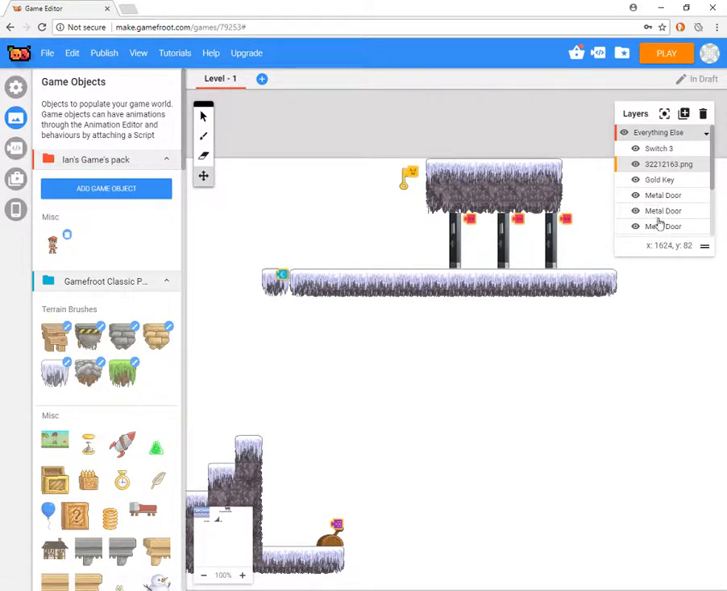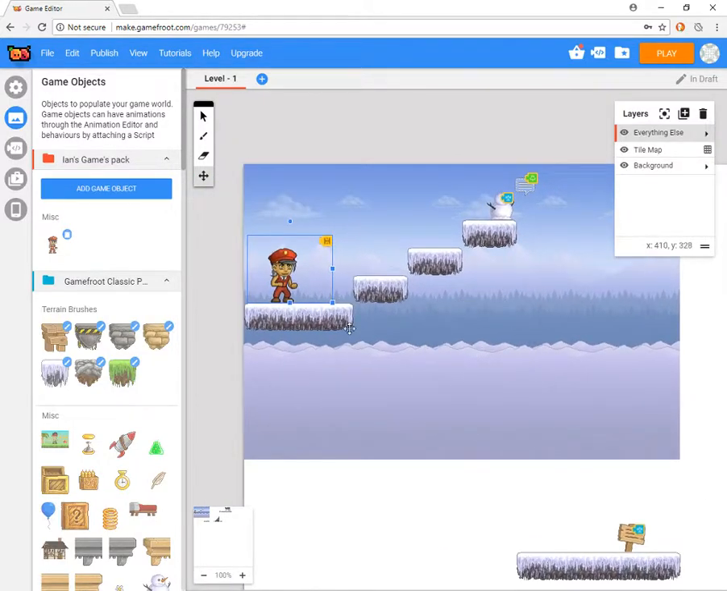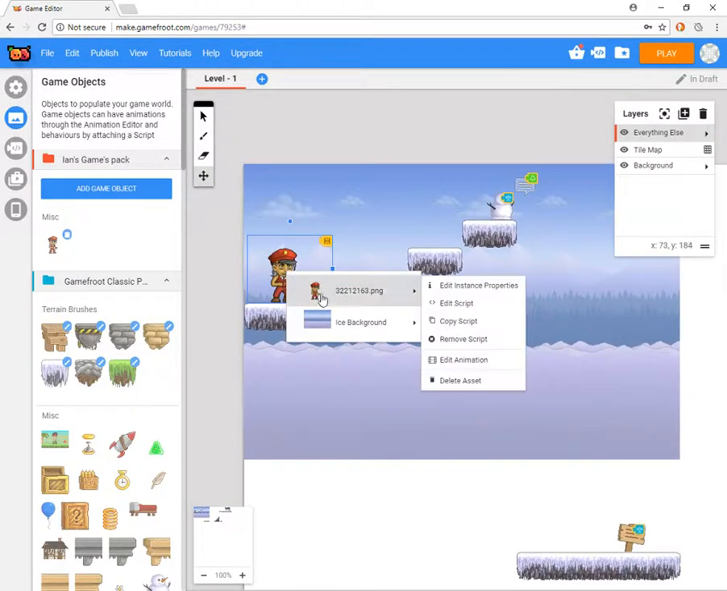I figured out, first of all, let's close this. I figured out where I wanted her. It was right about here, and that turned out to be about 1350 and 50. So somewhere around here. So if we go to my character and edit script,